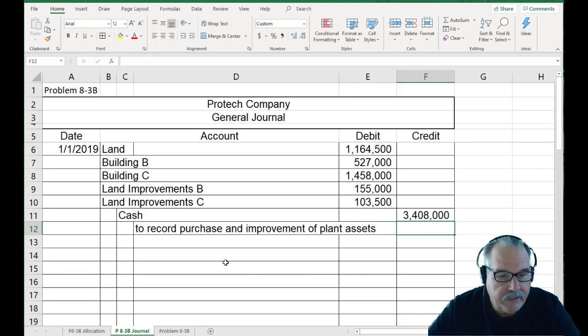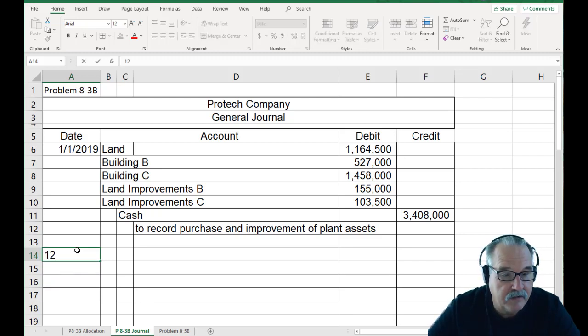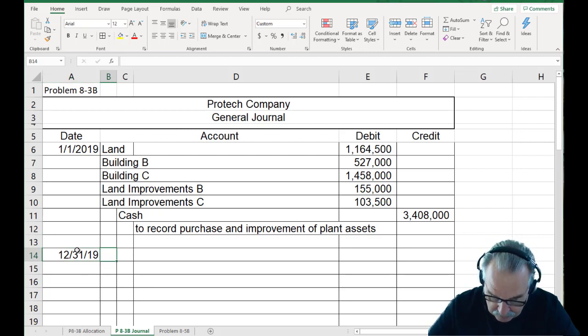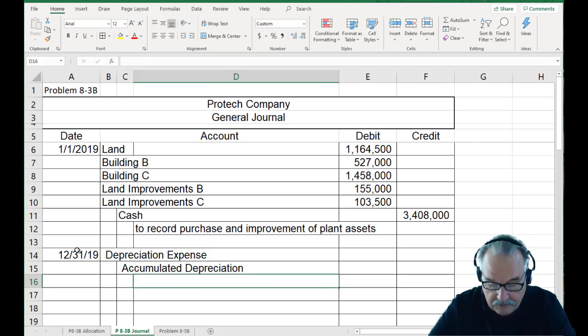Then they've asked us at 12/31 to calculate depreciation on all of these. So I'm going to do the first one. This is going to be a straight line method. They all use a straight line method. And so I have a depreciation expense and accumulated depreciation. And this is to record depreciation